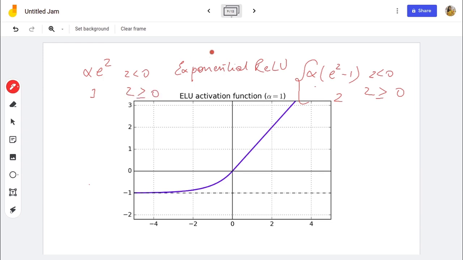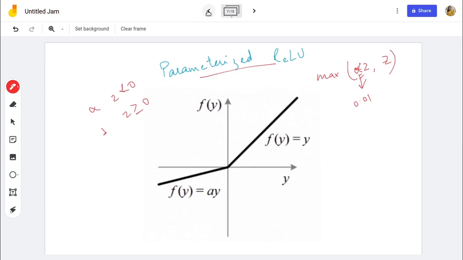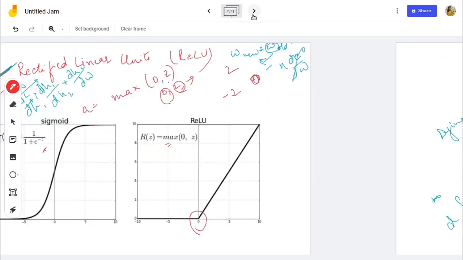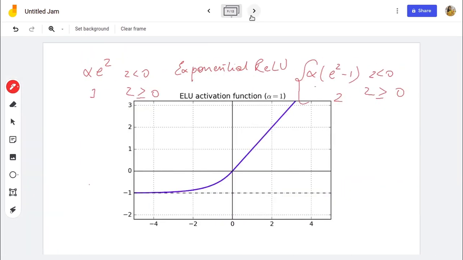We have all this, but there was one problem that ReLU always had. If you look here, it is not differentiable at 0. So you don't know what the value will be at 0. This was one of the problems that was always there in ReLU. However, it solved most of the problems with the sigmoid and tanh functions. So it is a pretty good activation function and it is used quite a lot.